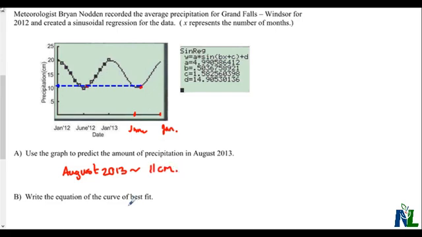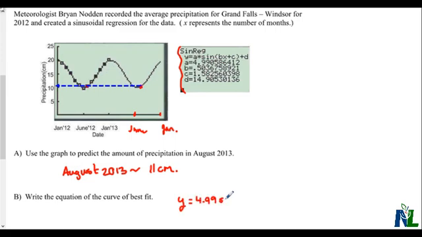And in part B, we need to write the equation of the curve of best fit. We're given the sinusoidal regression up here, and we're given A, B, C, and D values. So let's just make sure we write it in the form we're given. The A value is 4.99. So I have Y equals